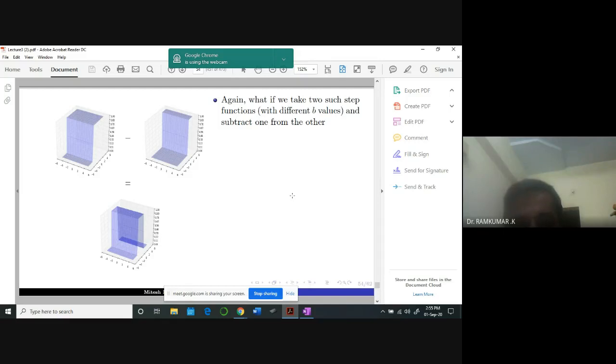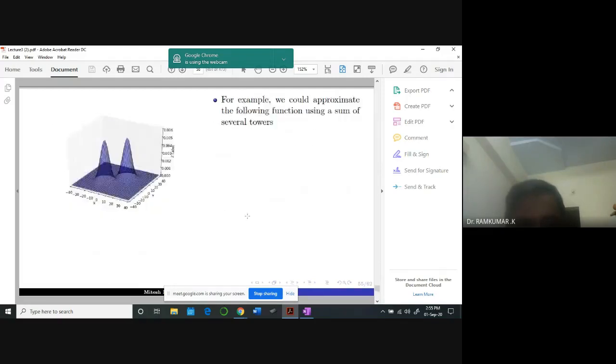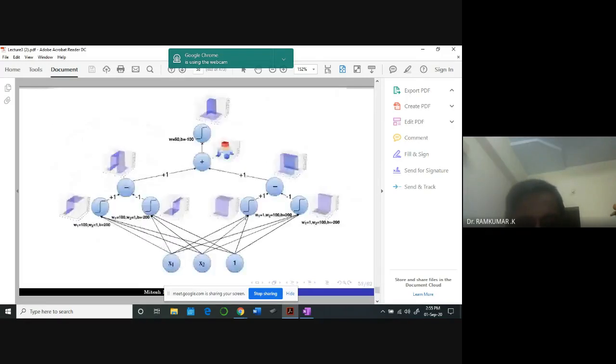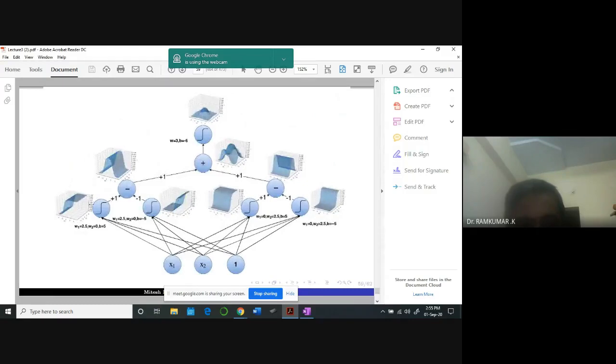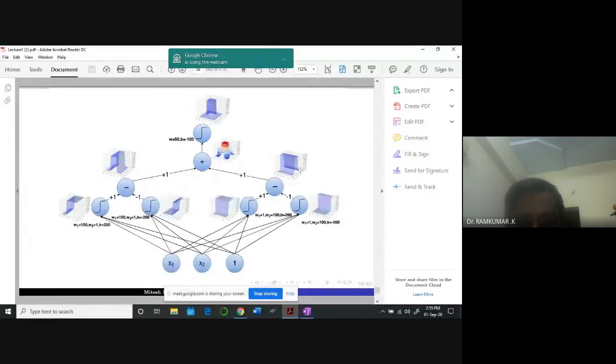So with the help of these towers, that's the idea of representation power. I can build towers like this. See here, I can build towers like this. That's the power. Take this: these two neurons are going to produce this tower, and these two neurons are going to produce this tower, and I'm going to take these two and produce something like this. That's the representation power of a neural network. So I can build different towers by taking neurons like this.